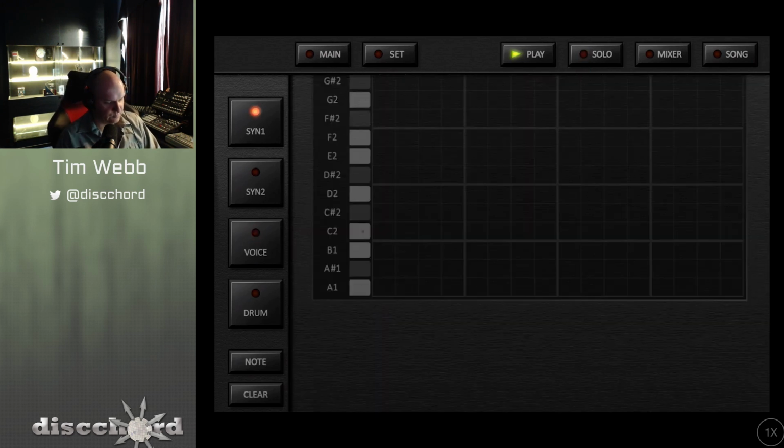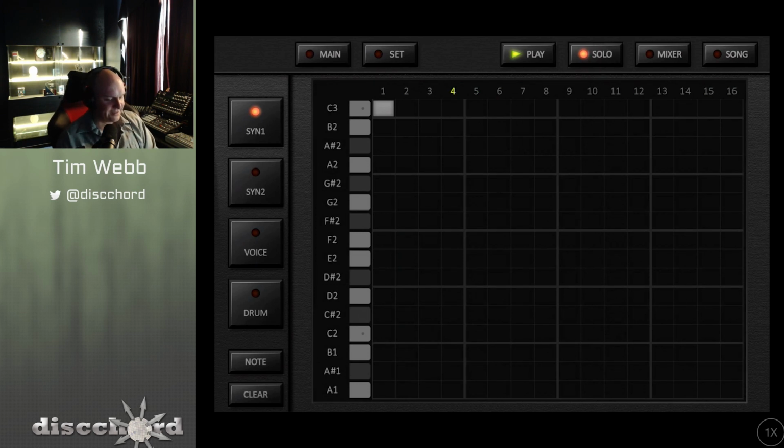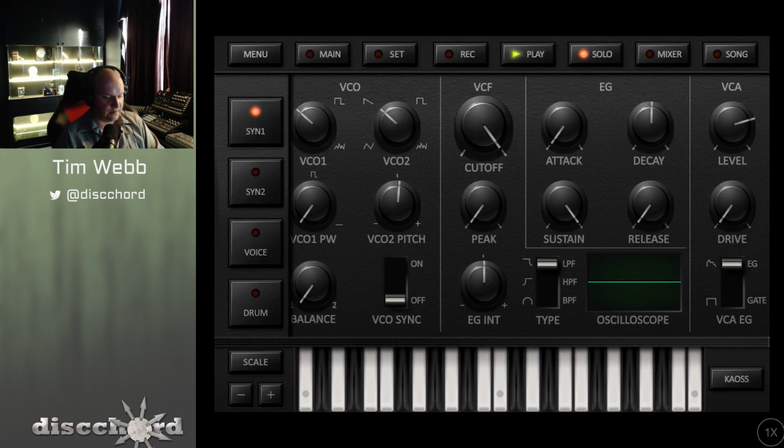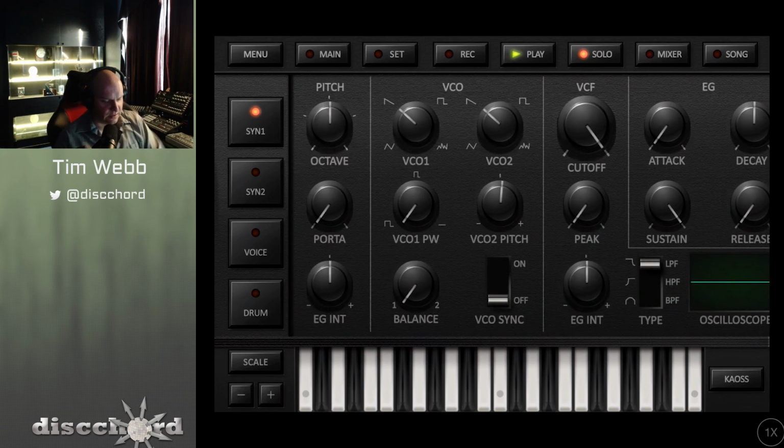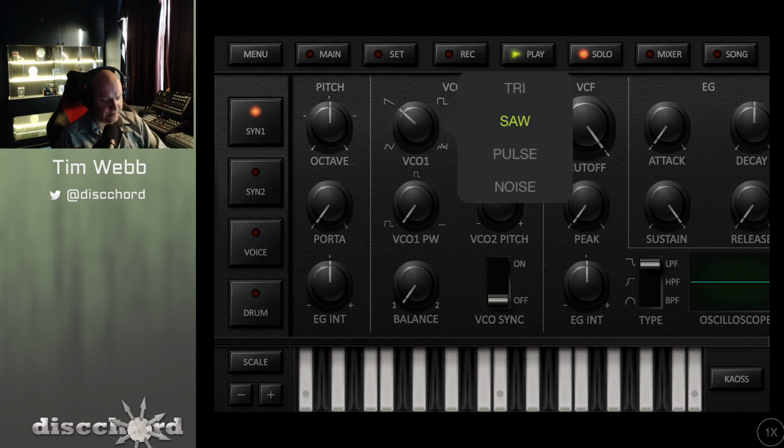Alright, let's move on to other synths. So, the main synth engine is quite elaborate. As you see, I can scroll over here and get into a whole patch bay. And it's not as complex as the MS-20 patch bay, but you can still do quite a lot of things with this. For this one, though, I'm going to explore another unique function in this, and that's the ability